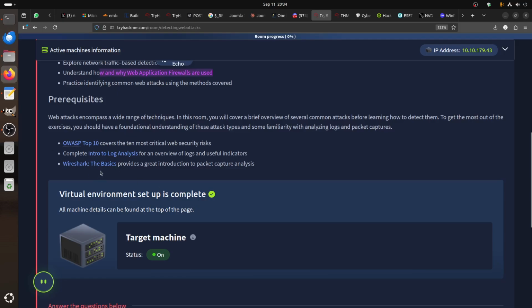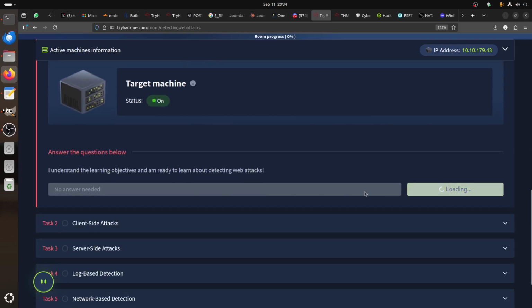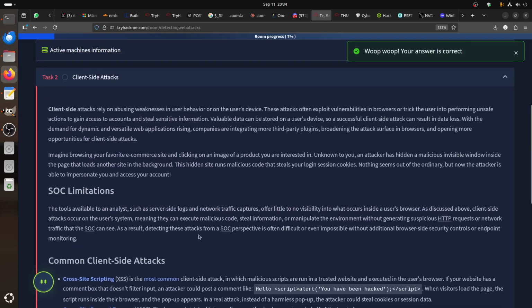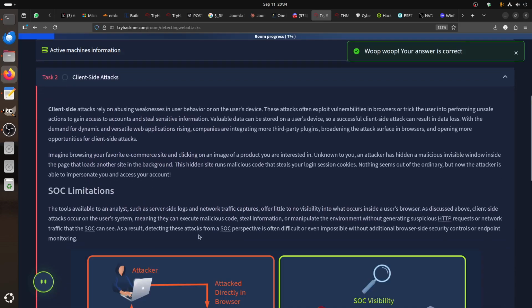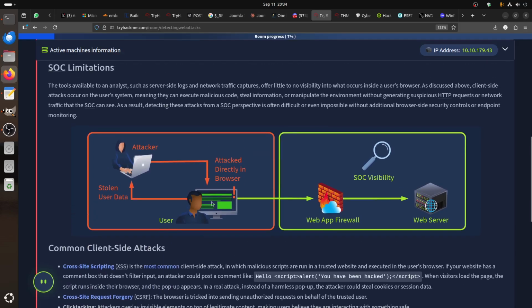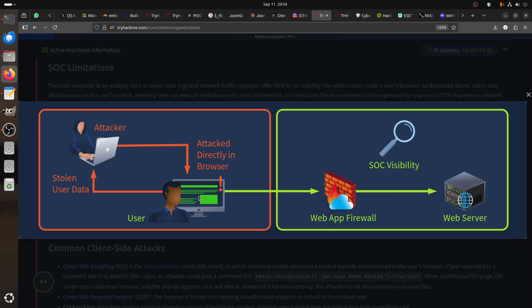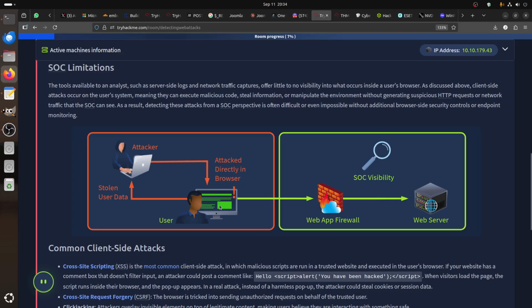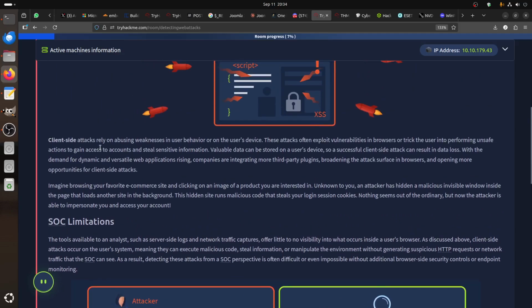Pretext is good to know, but not really essential. Basic web knowledge, yeah, it's good to have. Now, of course, we have two types: the client side and the server side. The client side usually will not have too many logs because the attacks happen on the user computer, in the client side, the browser. Usually they attack directly in the browser, for example through user actions. SOC visibility is usually limited because it's somehow outside. Client-side attacks